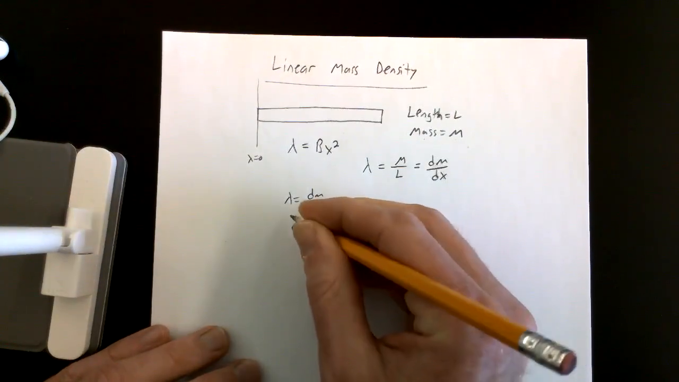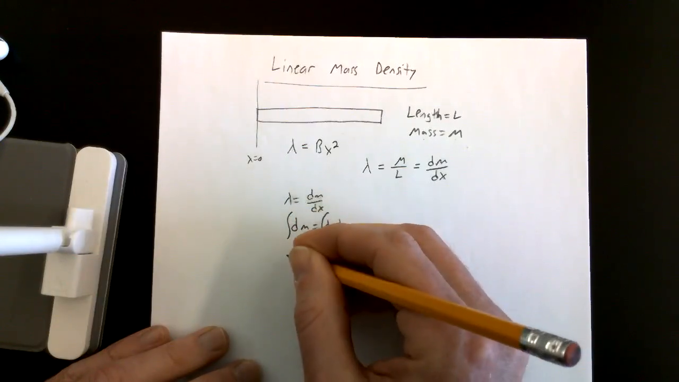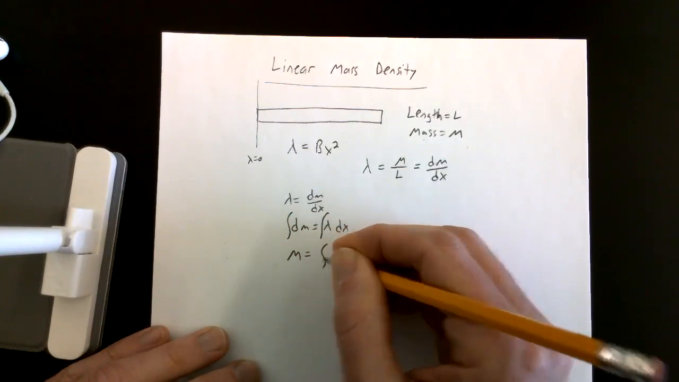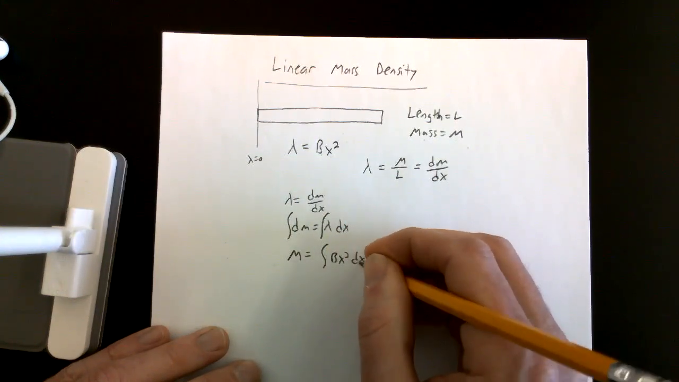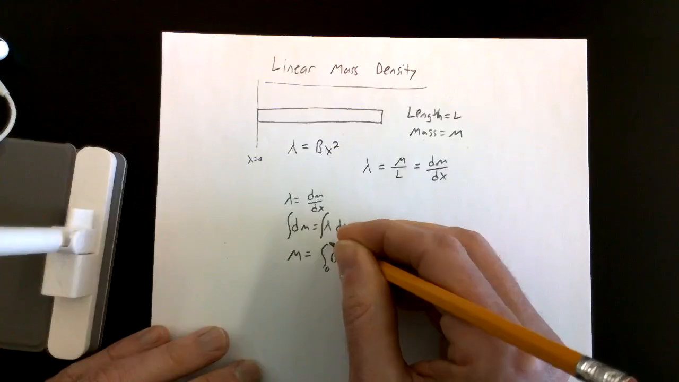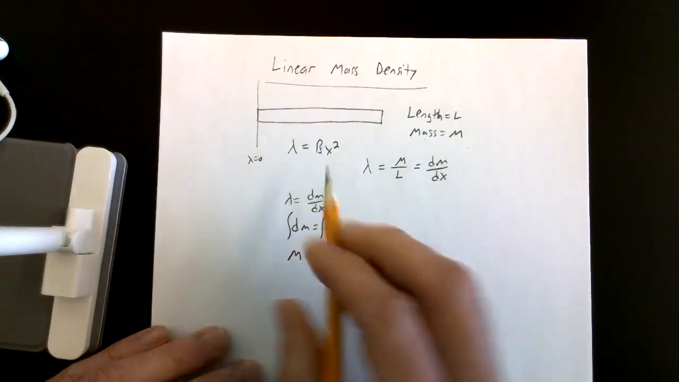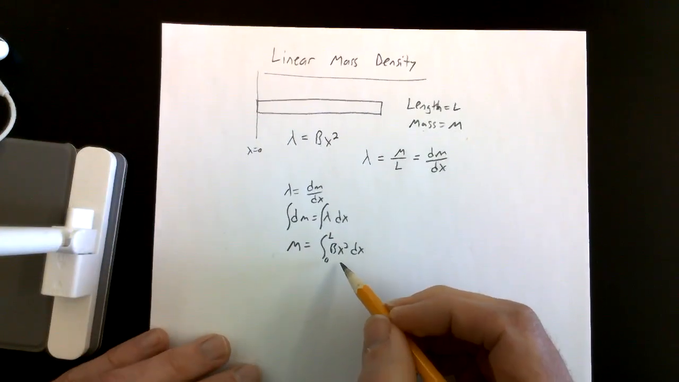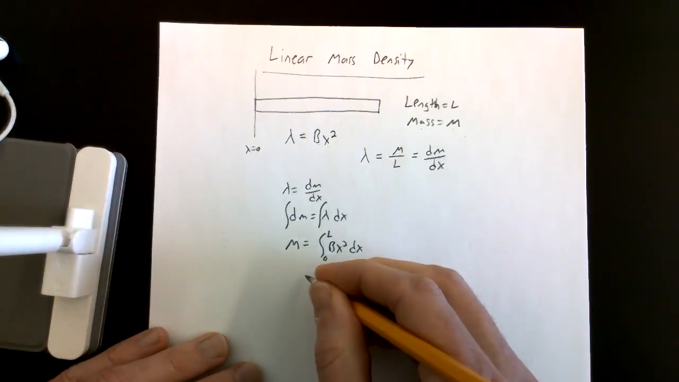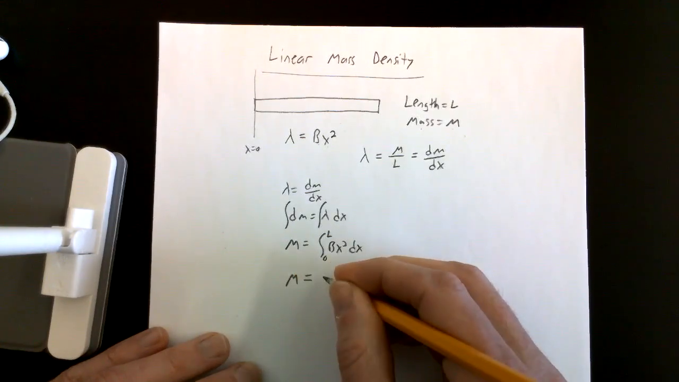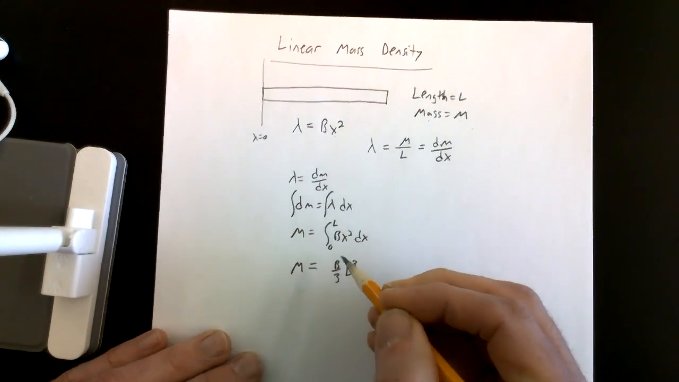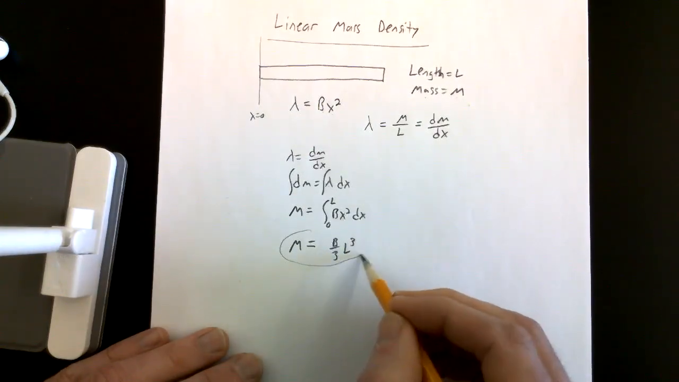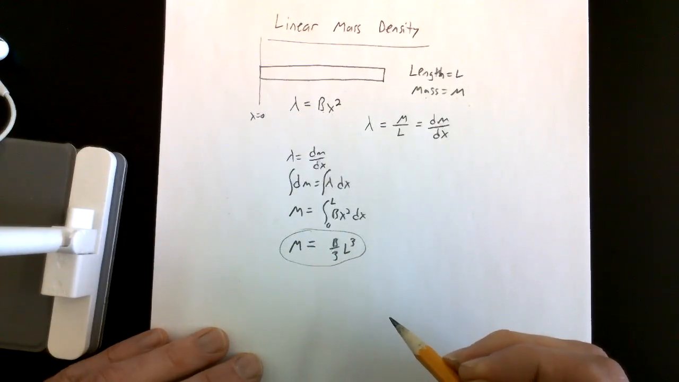And now if I want to integrate both sides, then I can find the total mass is going to be the integral, and this is our lambda right there, of bx squared dx. And we want to integrate that from 0 to L, all across the length of the rod. And then this is a pretty easy integral to do. So we're going to get the mass is b over 3, I'll just skip a step, b over 3 L cubed. You can make that integral, that's pretty easy to do. So this is just something to kind of keep in your back pocket